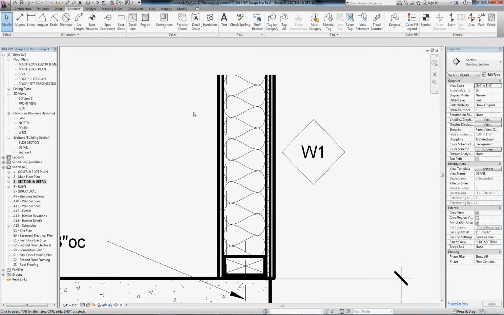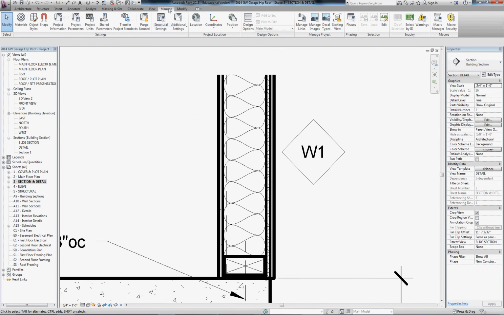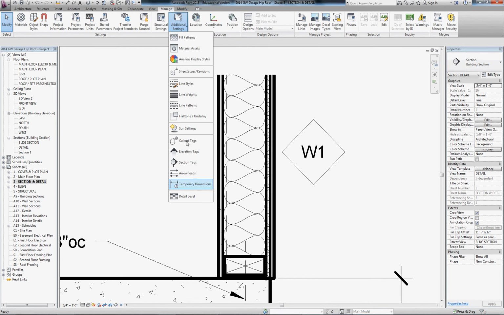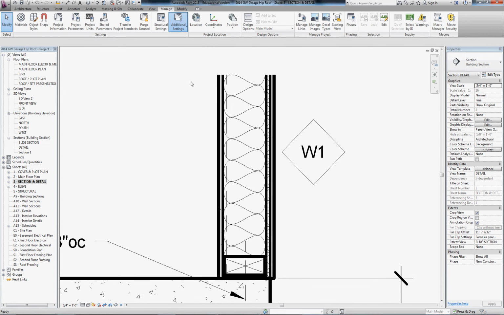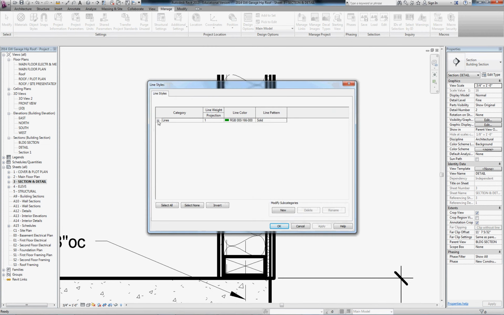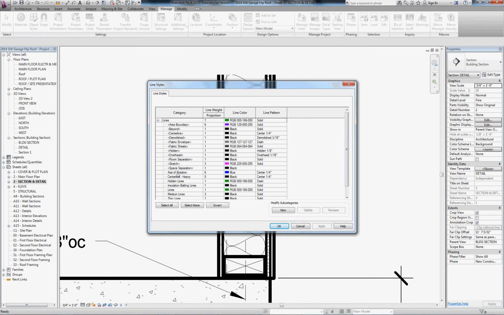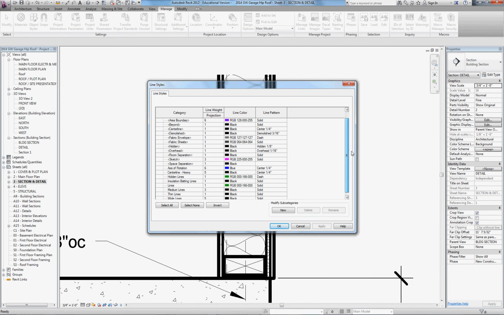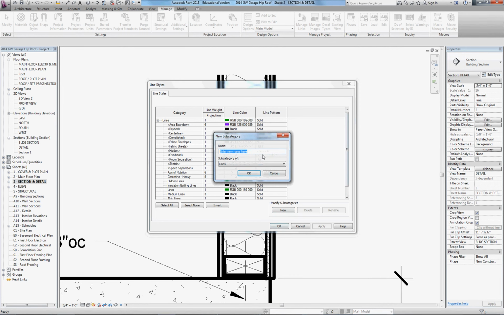So to get there, I'm going to go into Manage, the Manage tab, and then Additional Settings. There's plenty of things to investigate here, but the one we're looking at today is Line Styles. So we click on Line Styles, and it shows us, if we expand under the line types, these are all of the available lines that we have right now. Okay, so we're going to take one of these or add a new one, and so I click New, enter